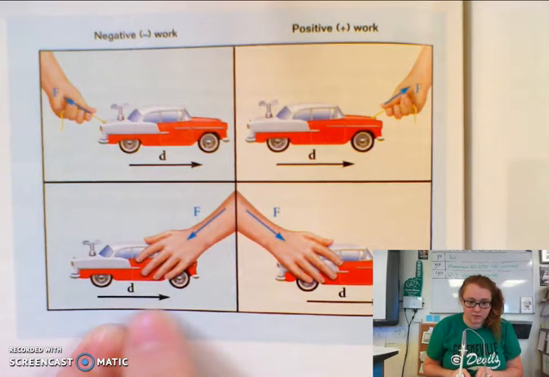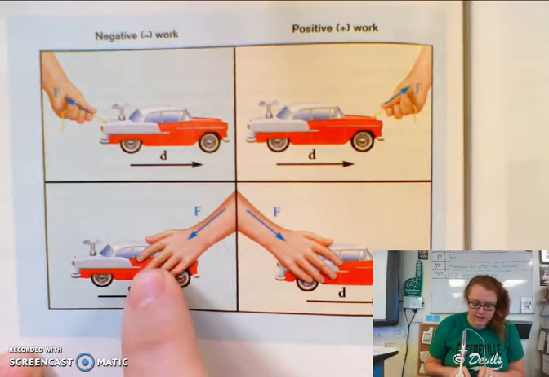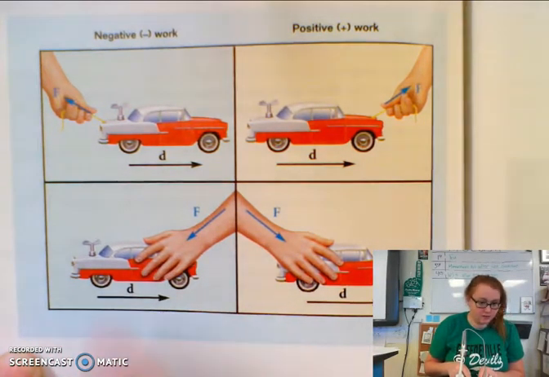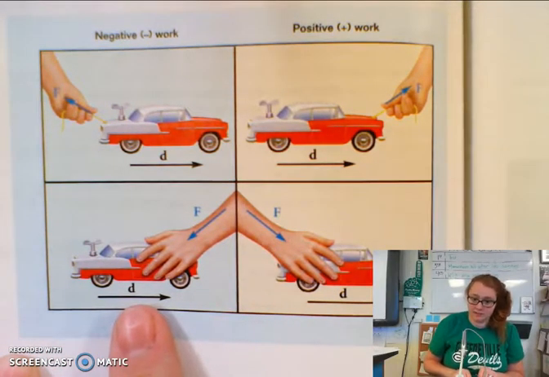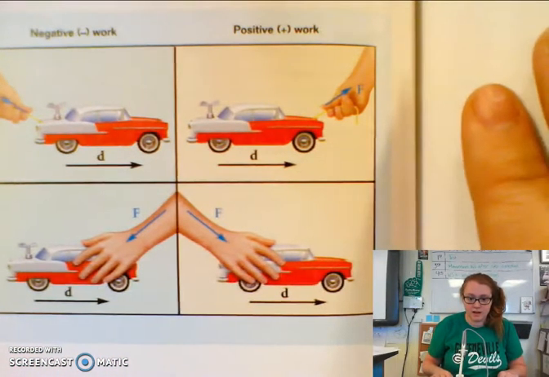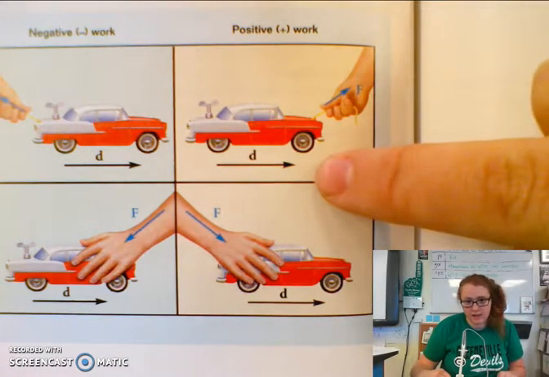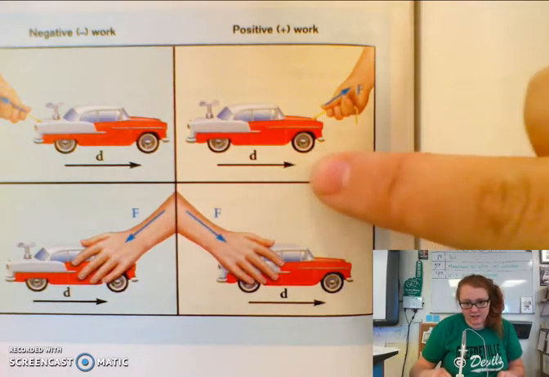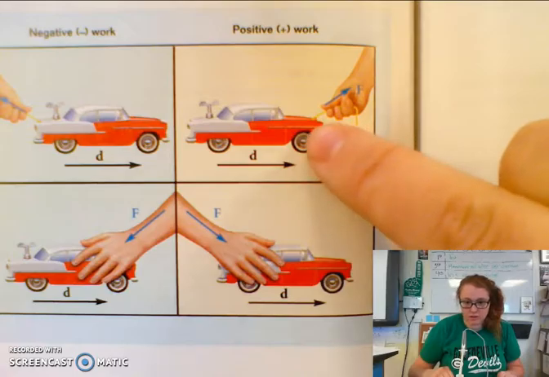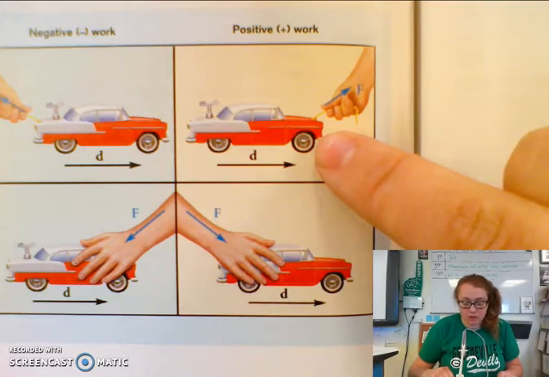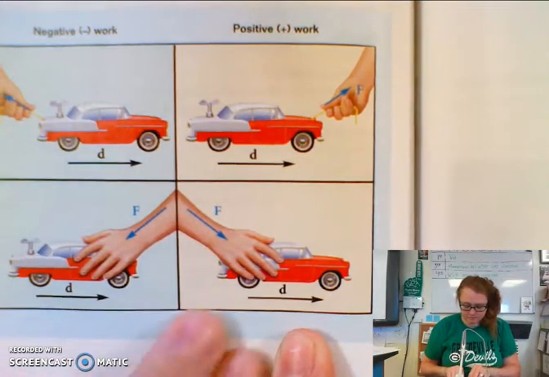Same thing here. We have a car moving to the right, however the force comes in at an angle to the left and down. So that left force is opposite of my displacement vector, meaning we have negative work. Here for positive work, we have a car moving to the right again, and this D is our displacement. So this force is only going to cause this to accelerate even more, which means we're going to have positive work. It's doing work on our system.